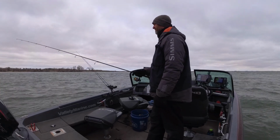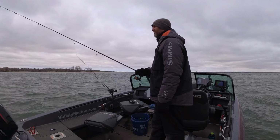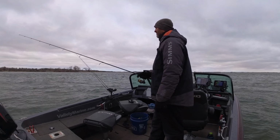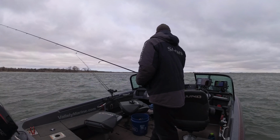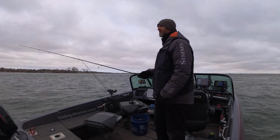The other reason I'm fishing a little deeper here is that there's still quite a bit of weeds from the fall here, and the weed line was kind of that 14, 15 foot range. So when I cast up into that depth, I'm getting hung up in a lot of weeds, which there could be fish there, I suppose, but the fish is a lot cleaner when I stay in the 18 to 20. And I've caught fish in 18 to 20, so